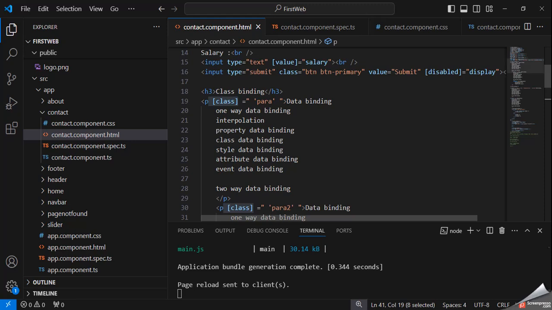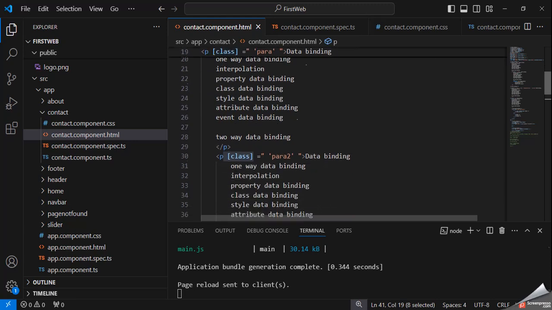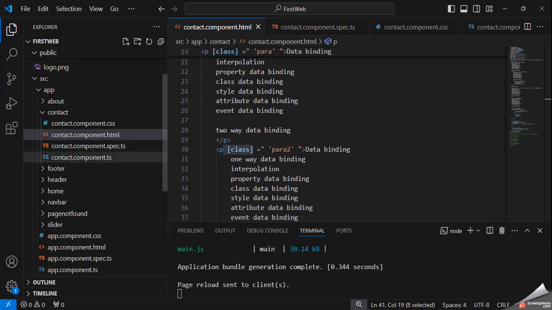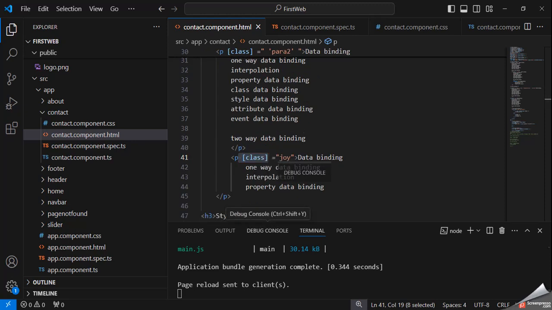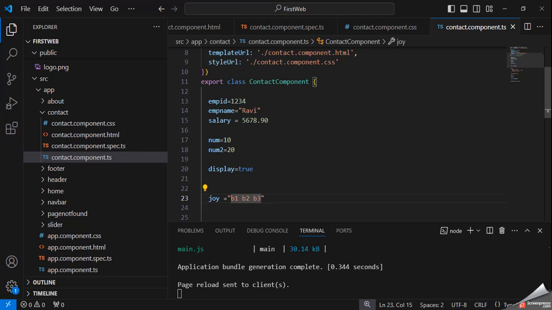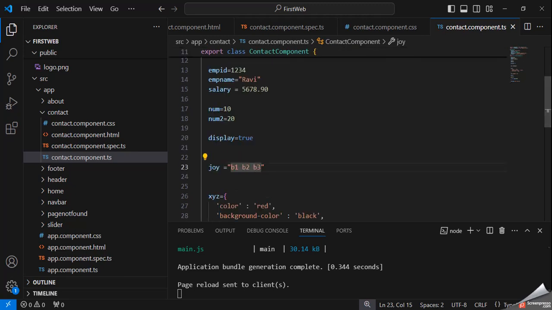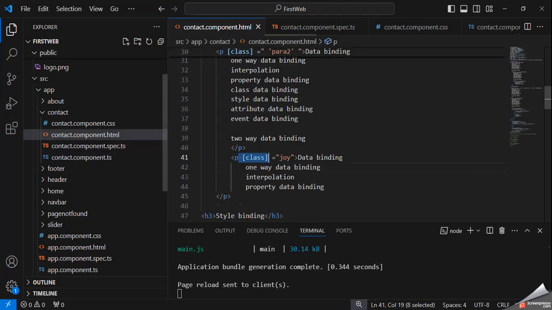Okay, but suppose we want to make it dynamic, so we can declare a variable. You can specify any variable and specify this variable in TS file. So here joy is equal to B1, B2, B3, or you can declare all classes as you like. You can declare the class that will apply at the place of joy. So you can specify any class and you can use it. Okay.